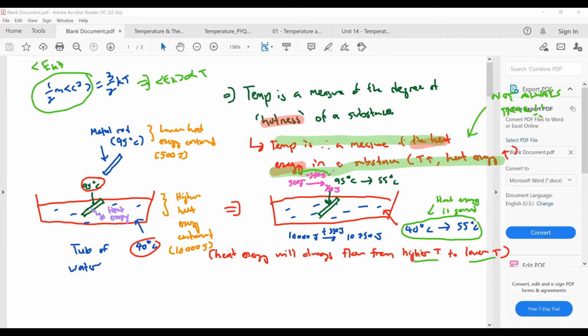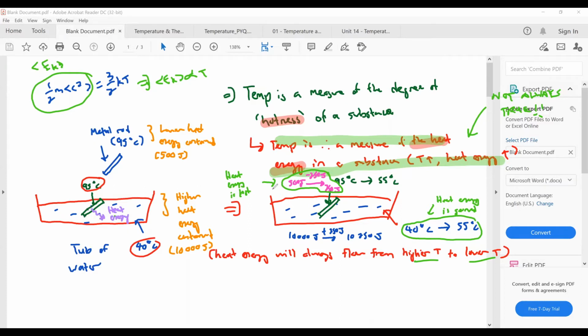This part here is where heat energy is lost. So you just need to know that the temperature here will keep increasing, and the temperature here will keep dropping because of the difference in temperature between them. As long as you have a difference in temperature between them, heat energy will always flow from higher temperature to